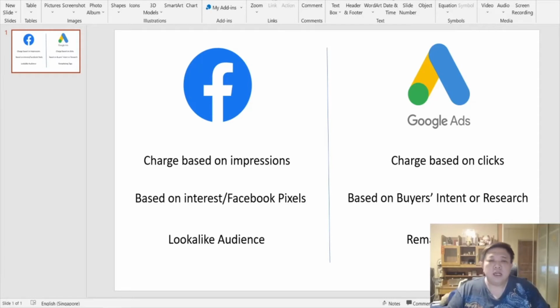Now, what do I mean by charge based on impressions for Facebook ads? When you're on the Facebook platform, if you remember the last time you were using it, whenever you scroll up on the news feed, sometimes you'll see certain posts which are sponsored posts. The moment you scroll up, even if this sponsored post is just one of those posts being scrolled past, that is considered an impression. Regardless of whether you click on the ad or not, it is considered one impression, and advertisers who show these posts on the Facebook platform will be automatically charged by Facebook. Now, for Google Ads,